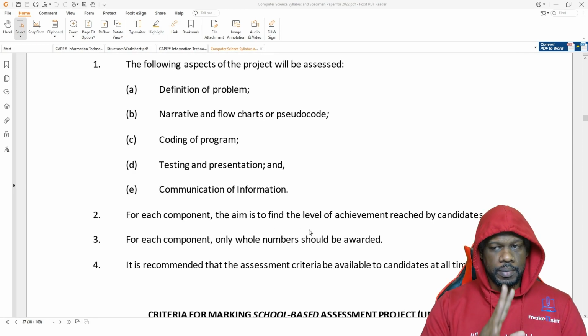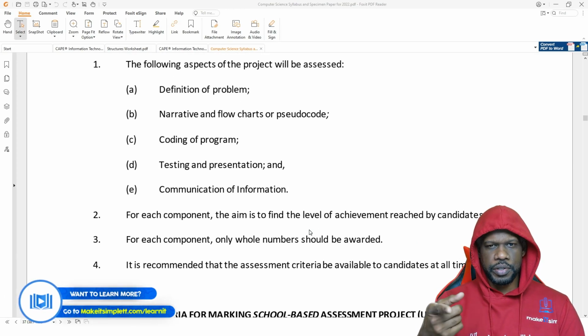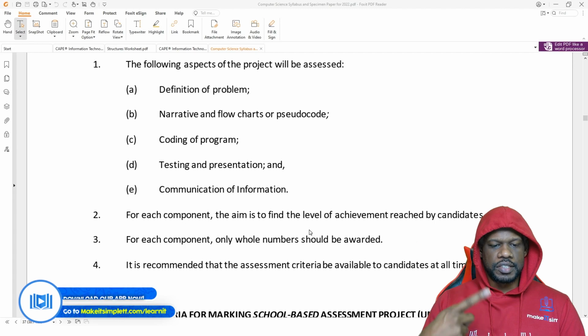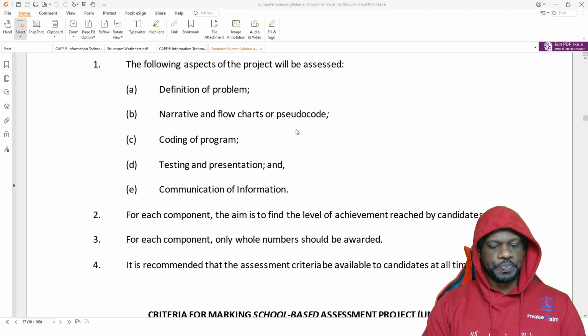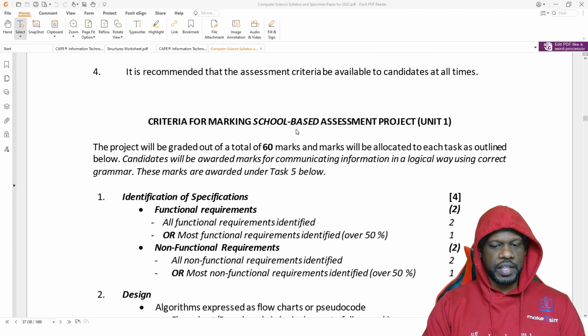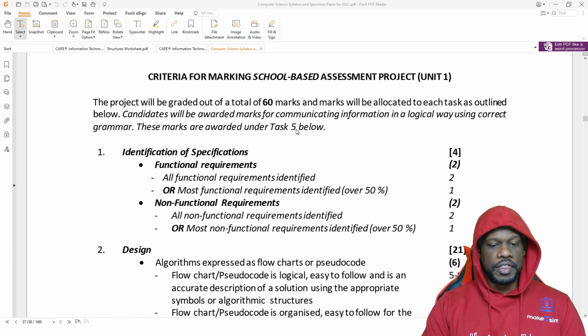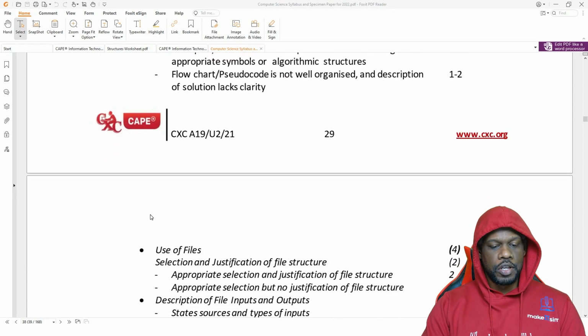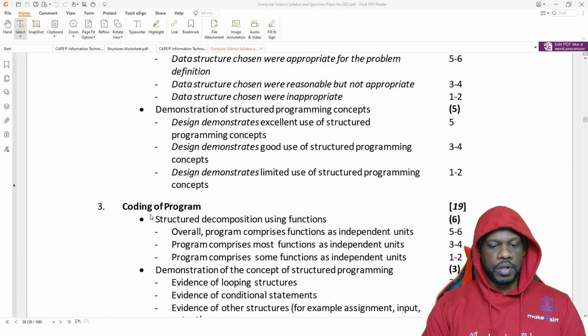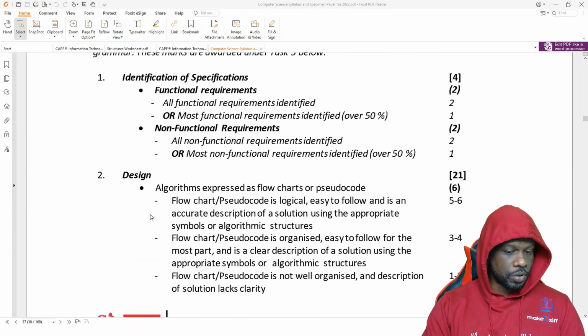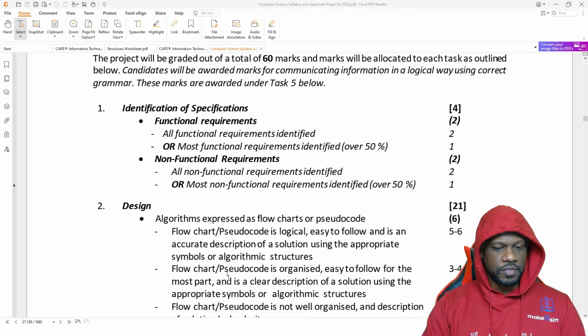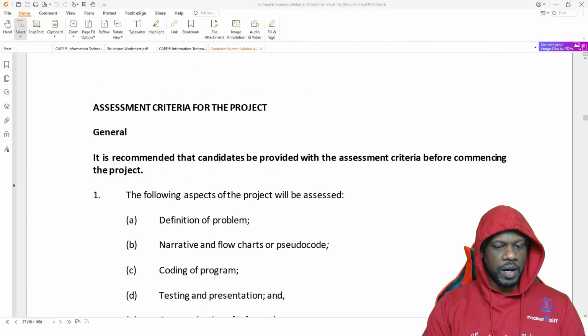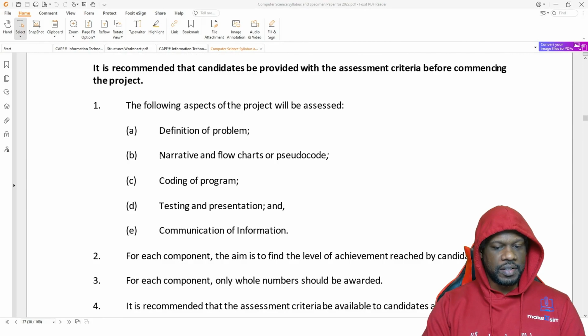Now here's the first problem that I've noticed with this. There are two problems I think in the whole IA. One is with the counting up of the marks. I'll show you that at the end. And there's a problem where they have definition of problem and then they have narrative, flowcharts or pseudocode. But when you go to the list of specifications, which is the criteria for marking, they don't have any mention of the word narrative in there. So usually you would put a narrative and then you would do your pseudocode, but they don't have any marks for narrative. So I don't know why they put narrative up here, because they have narrative and flowcharts